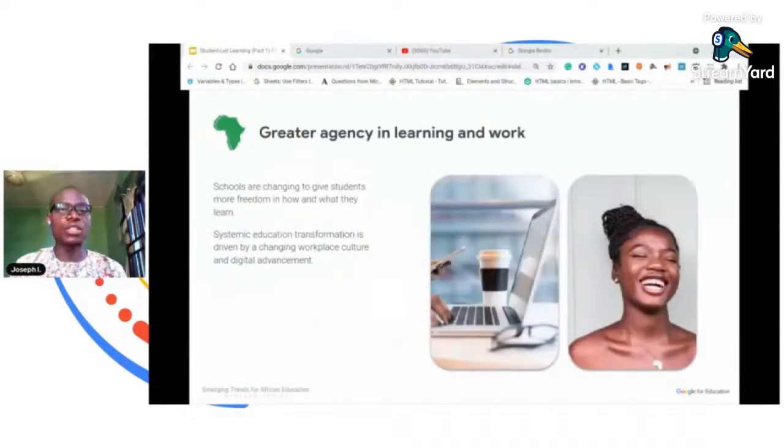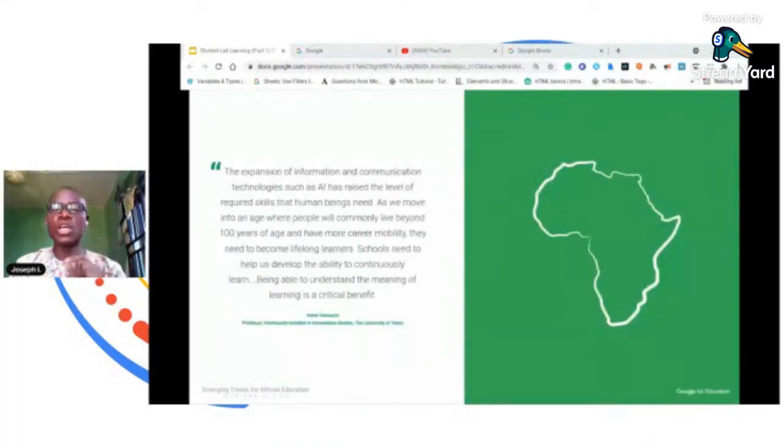We are seeing a change in how schools operate now, as students are given more agency in how and what they are learning. This shift is mostly due to changing workplace culture and digital advancements. Yuhem Yamochi, a professor at the Interfaculty Initiative in Information Studies, says that the expansion of information and communication technologies, such as AI, has raised the level of required skills that human beings need.